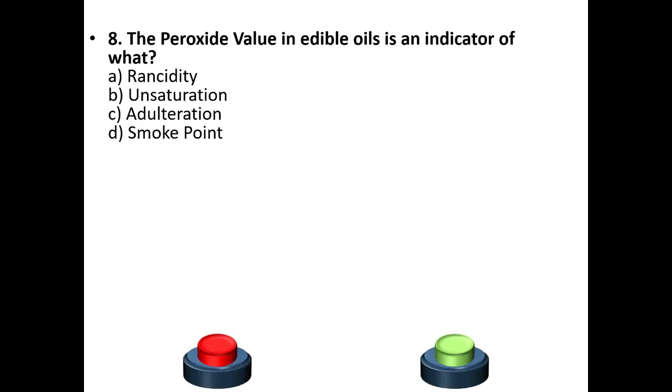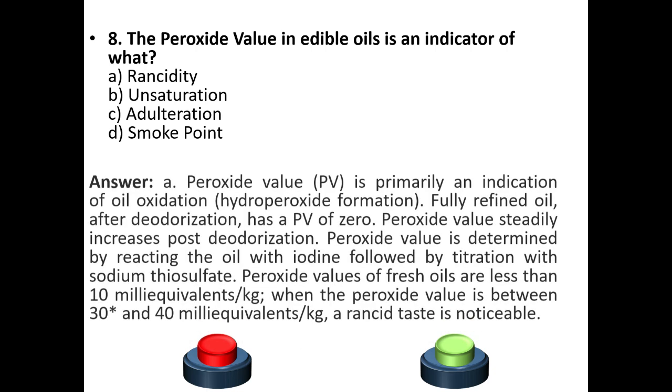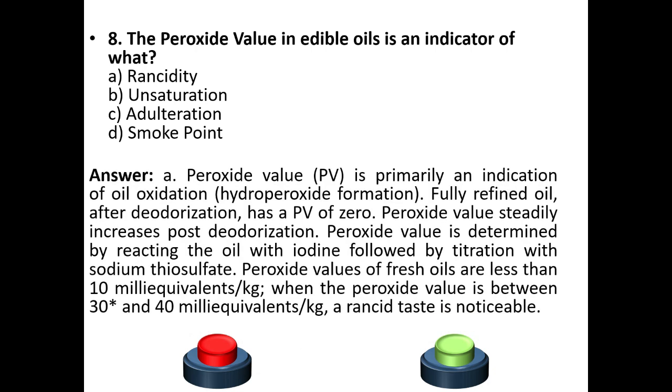Eighth question, the peroxide value in edible oils is an indicator of A. Rancidity, B. Unsaturation, C. Adulteration, D. Smoke point. Your answer is option A. Rancidity. Peroxide value is primarily an indication of oil oxidation,